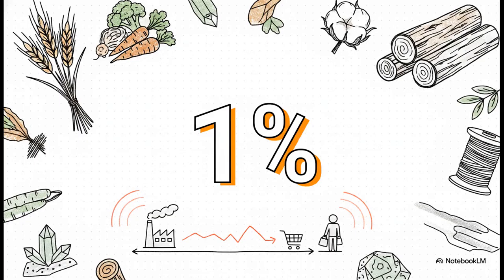At the absolute bedrock, we have the 1% slab. This covers your foundational productive inputs. We're talking agricultural grains, raw vegetables, cotton, ores, natural fibers, and timber. And why just 1%? Well, because heavy taxation at the raw stage literally propagates down the entire supply chain. It inflates manufacturing, logistics, retail pricing, and ultimately the final cost to the consumer. By strictly keeping this at 1%, the system minimizes cascading inflation and ensures strong production continuity.